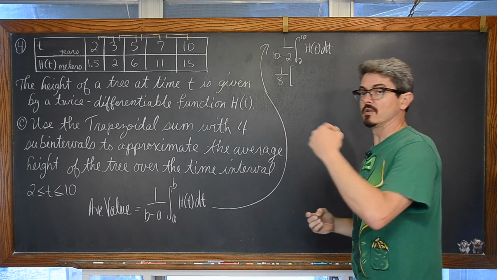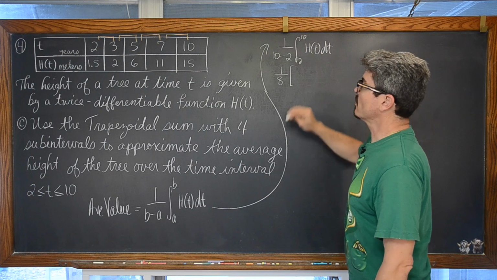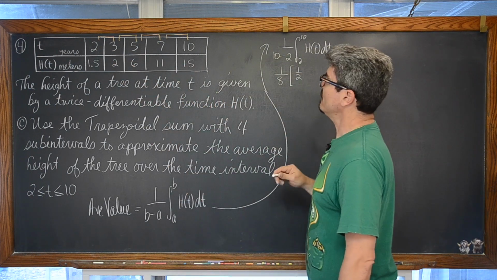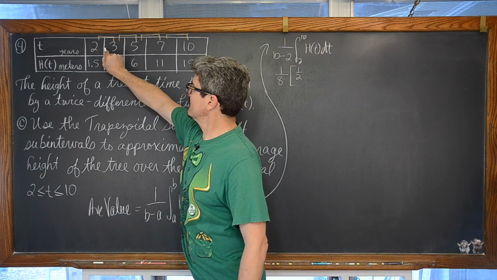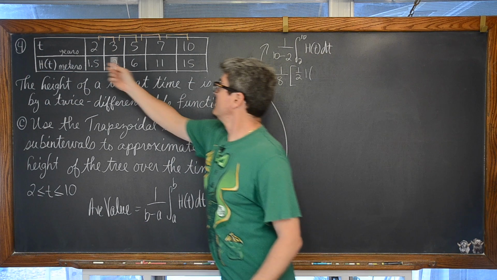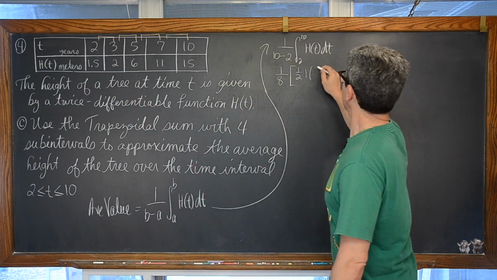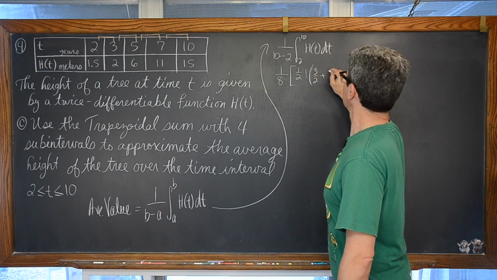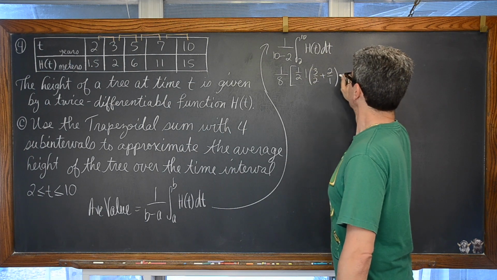A lot of times you just have to know that formula. So for this trapezoid, it's going to be 1/2 the height, which is 1, times base 1 plus base 2. Well, I'm going to write that 1.5 as 3 over 2 plus 2 over 1,